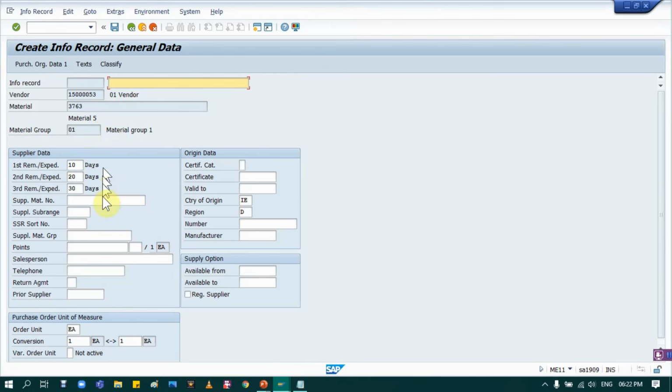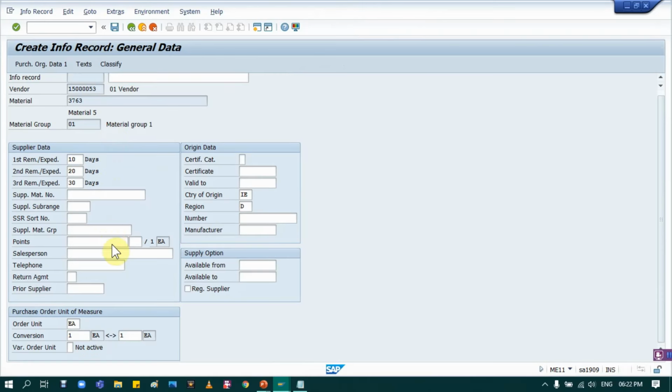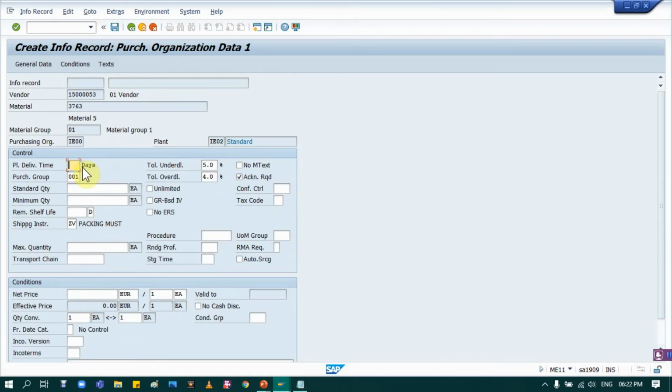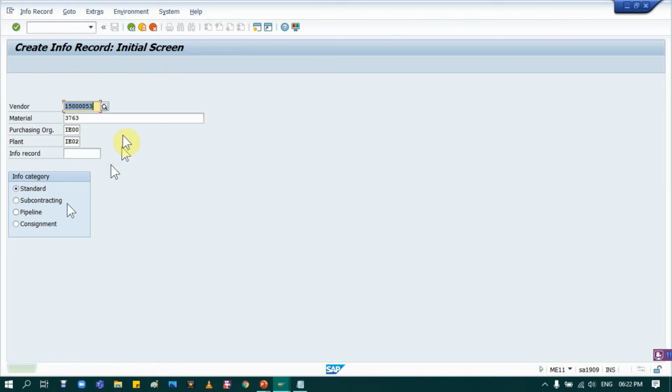Then you know how to maintain that info record. If not, then check video that I have already created on info record and about all fields in info record, so you can check that. Here I am just maintaining required fields. So now I have maintained this info record for this particular material and vendor. Now let's again try